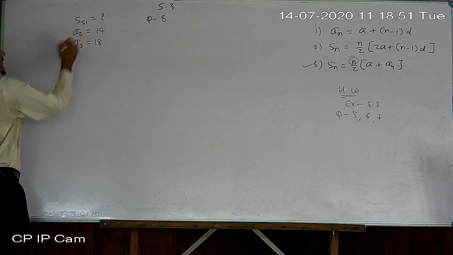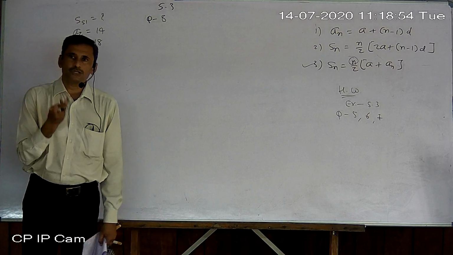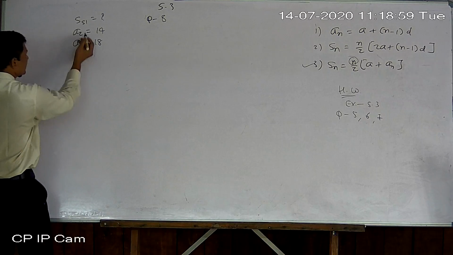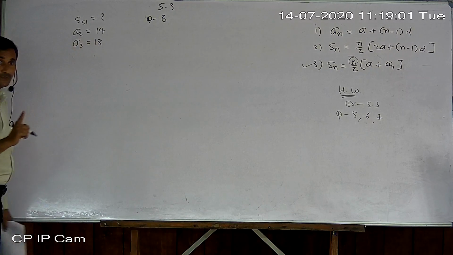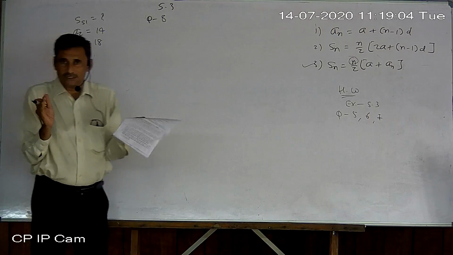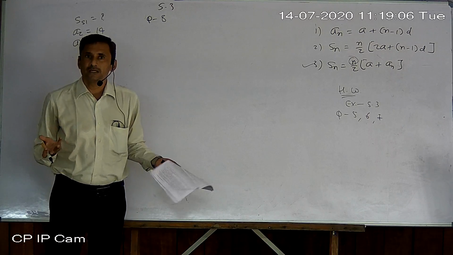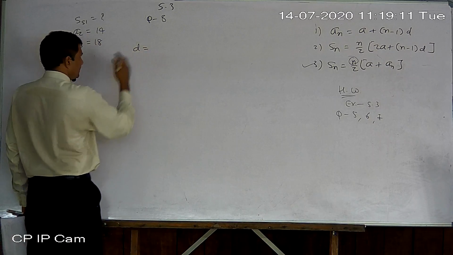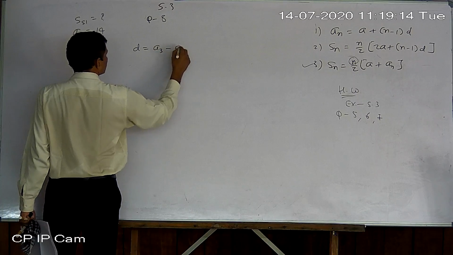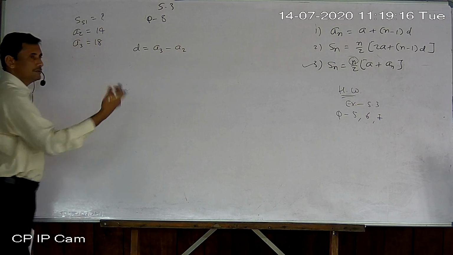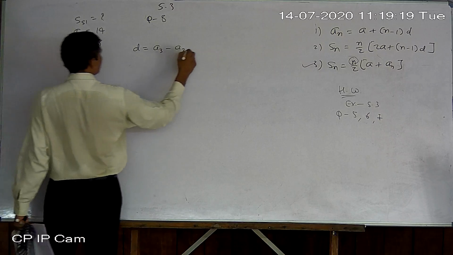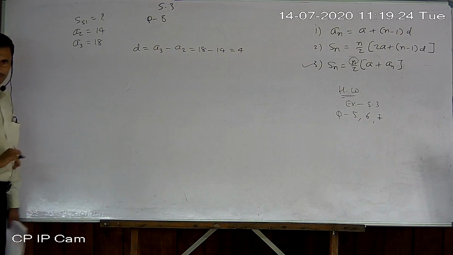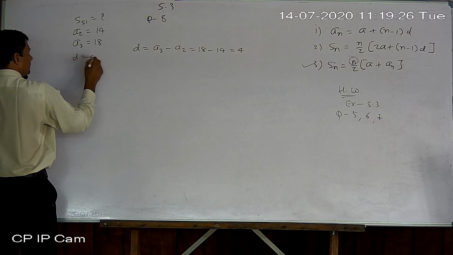Okay. So now, if 2 terms are given, we can form 2 equations, and then it can be solved. But now 2 consecutive terms are given. If 2 consecutive terms are given, then you can find D very easily. So don't try to solve 2 equations. Directly write down D first of all. Why? Because consecutive 2 terms are given. So it will be 18 minus 14 equal to 4. So we got D equal to 4. Okay. So if you want, write down here.